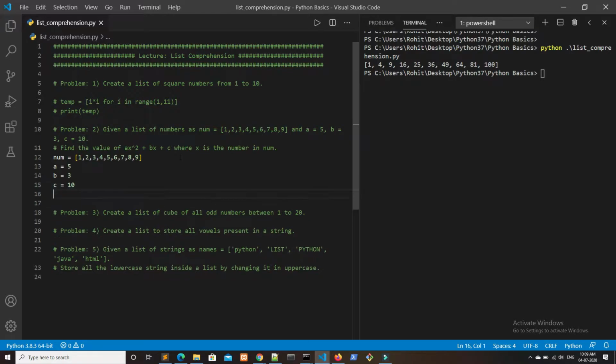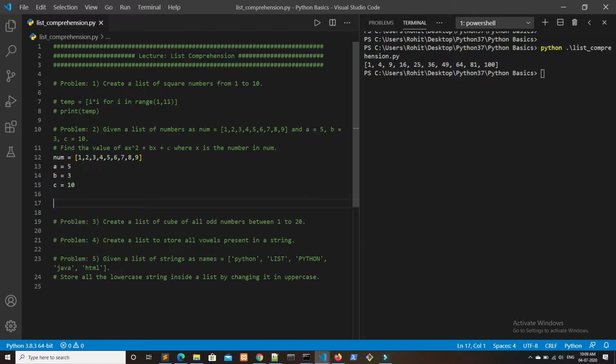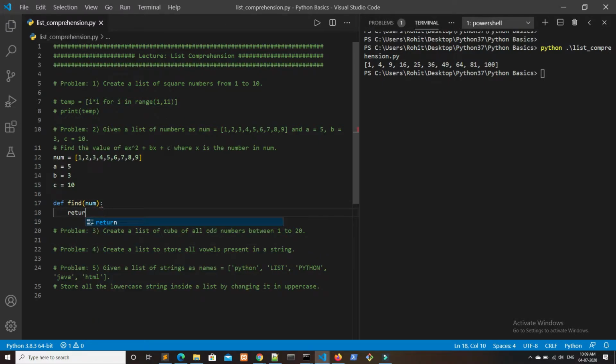Now we want the value of this expression. To get this value, I will be creating a function first. I will be naming it find, and I will be passing an argument, that is num. We have to return the value of this expression, that is ax square plus bx plus c.